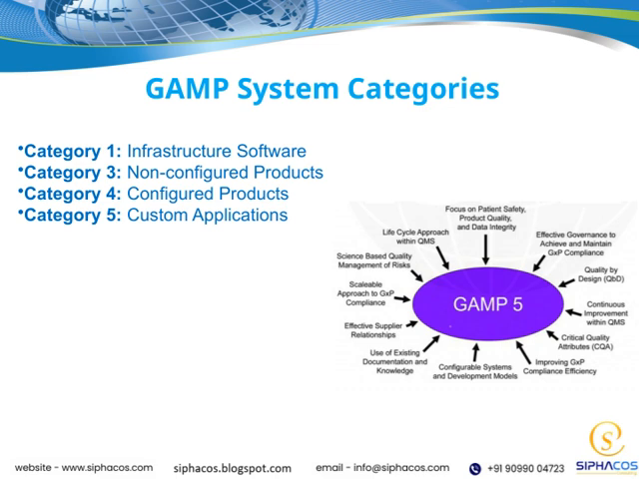It's crucial because the stability and security of these components directly impact the quality and compliance of the overall system. Moving on to Category 3, non-configured products. These are typically off-the-shelf software that require minimal or no configuration to be used effectively. Think of standard utilities or basic software tools that don't need customization, but still play an important role in our